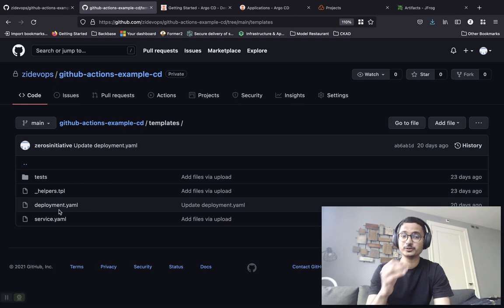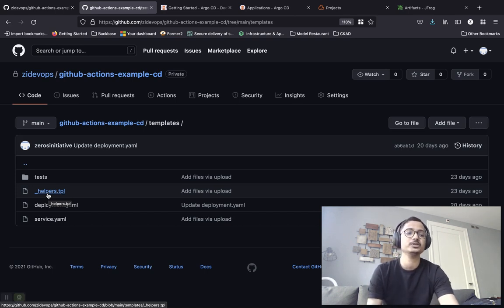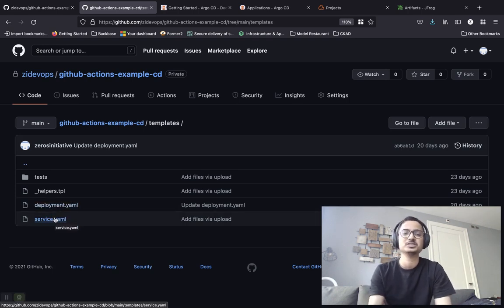And if for all of those YAML files you need some helpers, let's say, for example, you need to generate a name, or you need to do some additional functions like append or concat some names and so on, you can use something called helpers.tpl that allows you to create variables that you would later reference within the deployment.yaml, service.yaml, ingress.yaml, volume.yaml, or storage class, and so on. For each and every API object for your respective application, you have to create a YAML file within the templates folder.